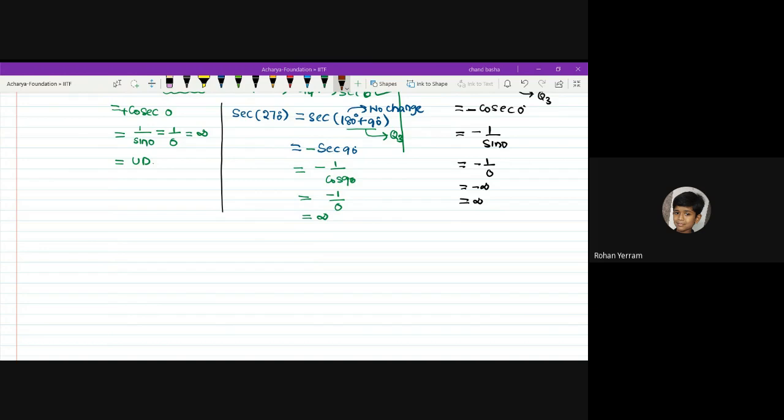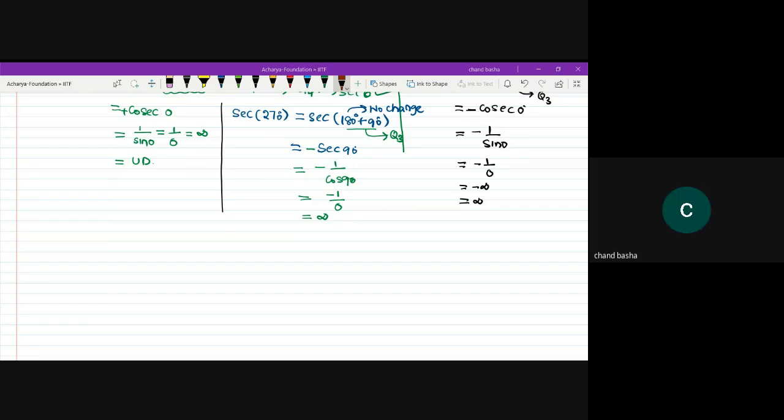Sir, we kept secant only, sir. Where? Which one? Case number 3, sir. Secant, third case, 180 plus 90. This is the third case. I have kept secant only. Sir, secant, but I can write 90 as 1 by cos. We had to change the